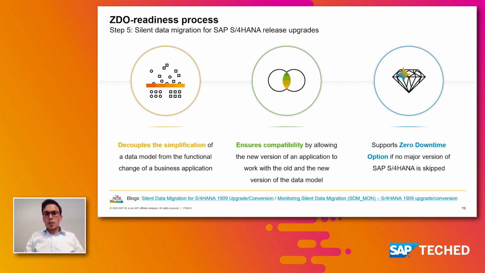That is also one of the reasons why SAP currently does not offer jump upgrades for the zero downtime option. So if you perform an upgrade from SAP S/4HANA 1809 and you want to target 2020 directly, that could be done with the NZDM approach. If you want to use the zero downtime option, there is currently no option to do this path like 1809 to 2020. Keep this in mind.